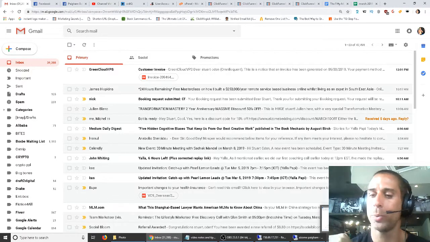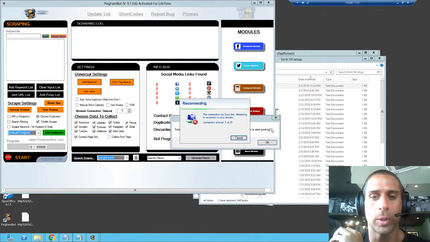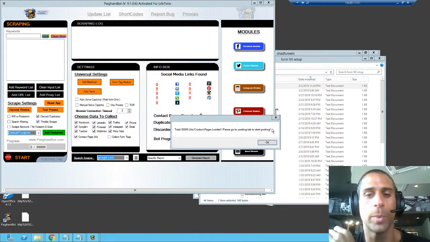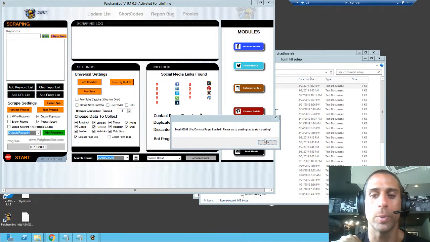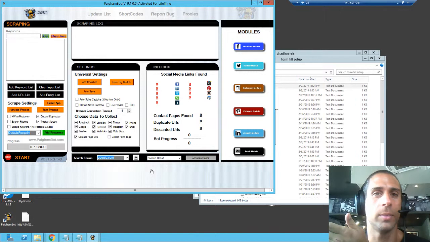Now, how do we do this totally awesome, amazing strategy? Well, first thing we're going to do is go to PyGambot. For those of you who don't know, PyGambot is a data harvester and contact form submitter that will allow you to scrape data from search engines that you can use to contact those websites in a massive way. For example, I just loaded a contact page list of about 100,000 contact pages into the bot, and I'm going to run 3 instances of this